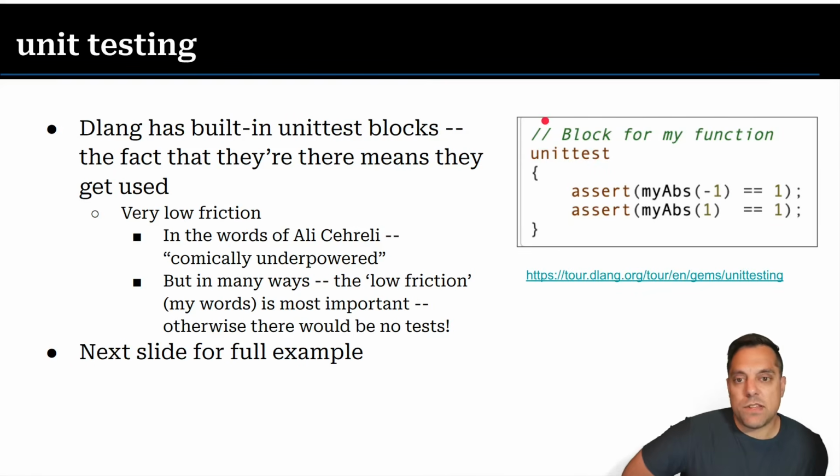D has built-in unit testing. What does this mean? Well, in the C assignments that I've been giving you as students, I usually just write a function or something, or give you a separate .c file that has a bunch of functions that'll use maybe code or a library that you wrote. In D, we could just put these unit test blocks. And in the words of our author, the book author of the D programming language, Andrei Alexandrescu, he says these are comically underpowered, meaning they're very, very simple.